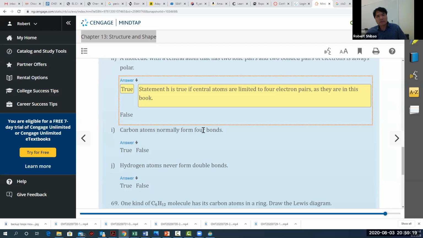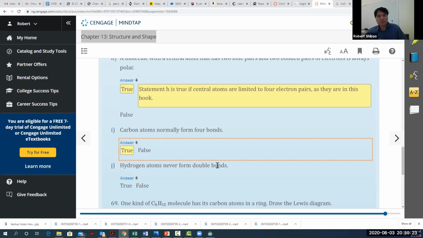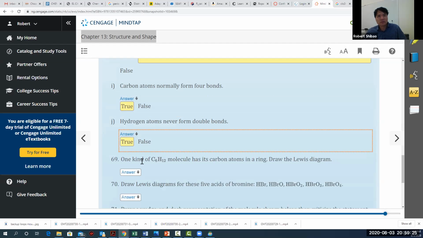Carbon atoms normally form 4 bonds. That's true. Hydrogen atoms never form double bonds. That's true. One kind of C6H12 molecule has its carbon atoms in a ring. Draw the Lewis structure. All right, if they're telling us this is a ring, then we'll just draw a